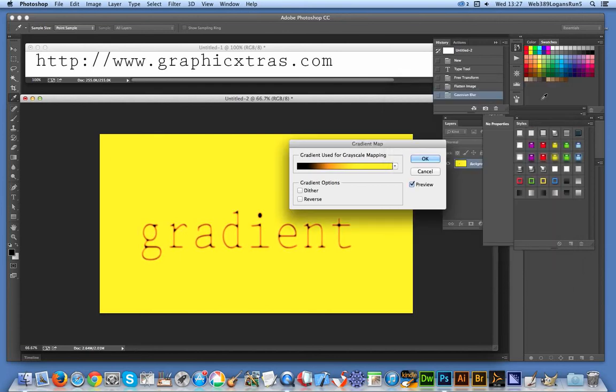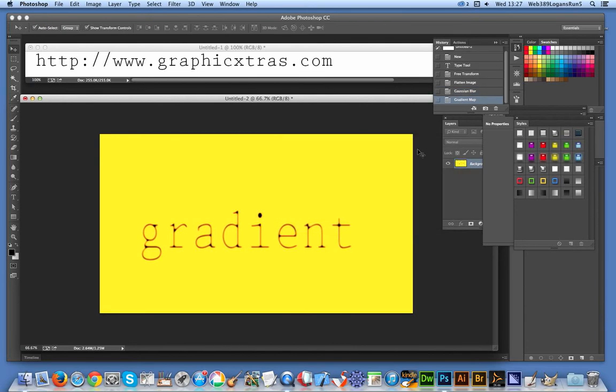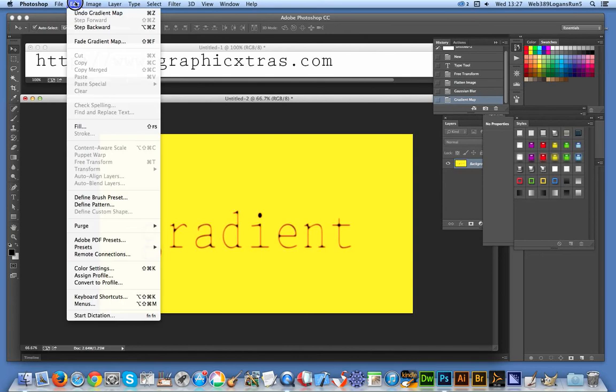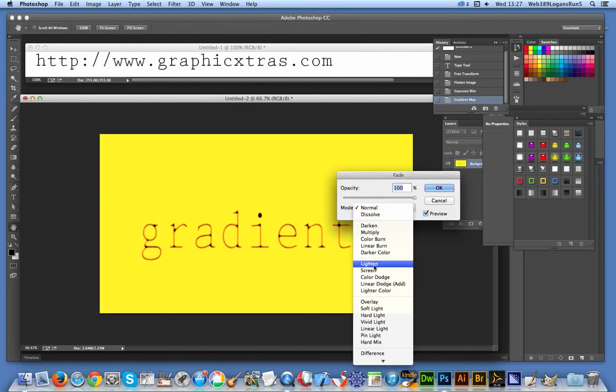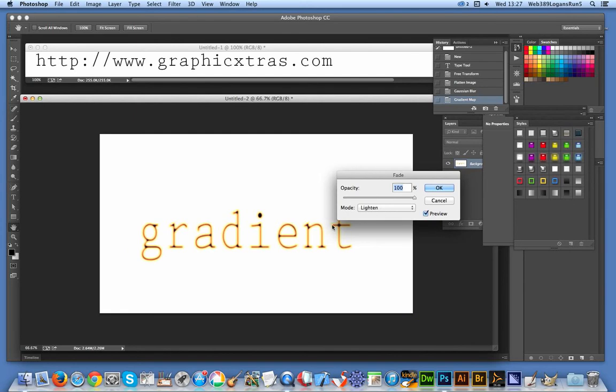Click OK. And of course, at that point, once you've done all that, you can still apply other effects. Also, you can use the good old fade gradient map and go through, and again it's even better there. It actually looks even more like burnt in text, and so on and so on. So you've got a slight glow there to the text,